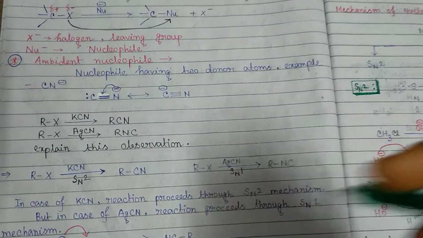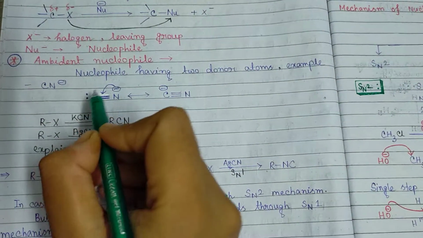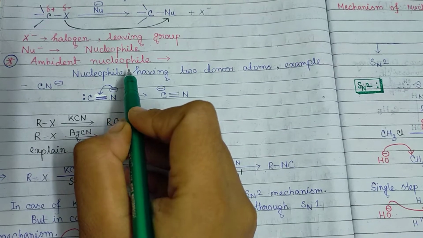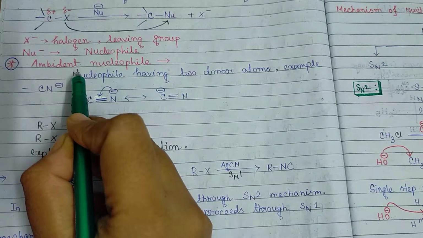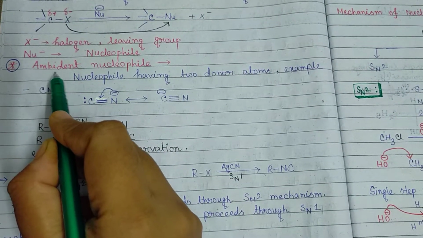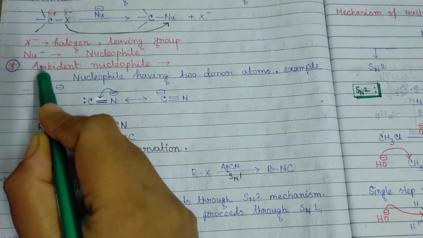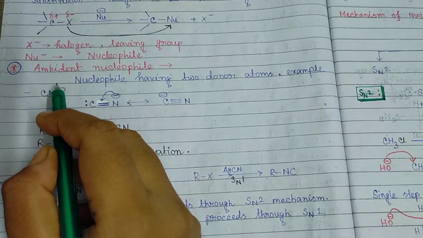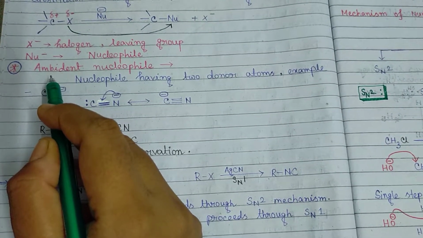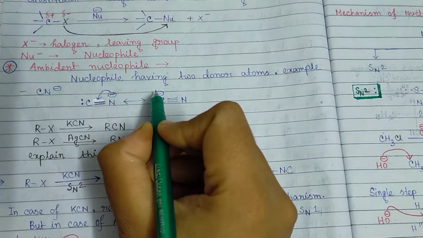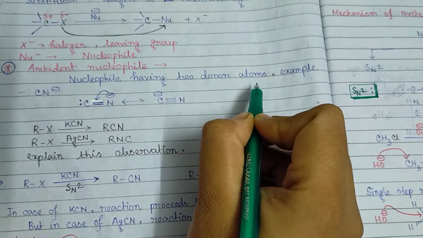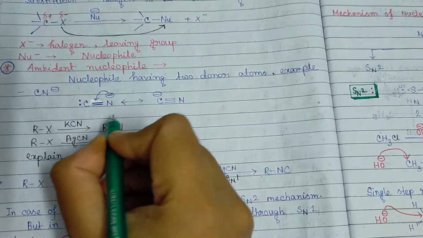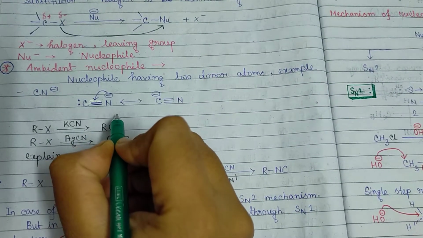Now a point regarding the nucleophile is that a nucleophile can be of a type called ambident nucleophile. What does the word ambident mean? We can see there is a term in ambident, ambi. Ambi means somewhat related to double or two. So the nucleophile which has two donor atoms will be the ambident nucleophile,